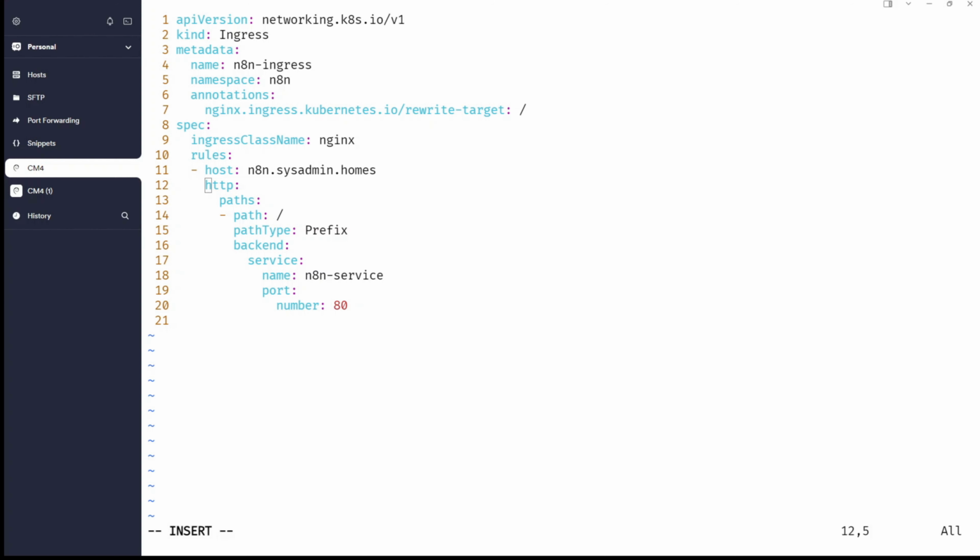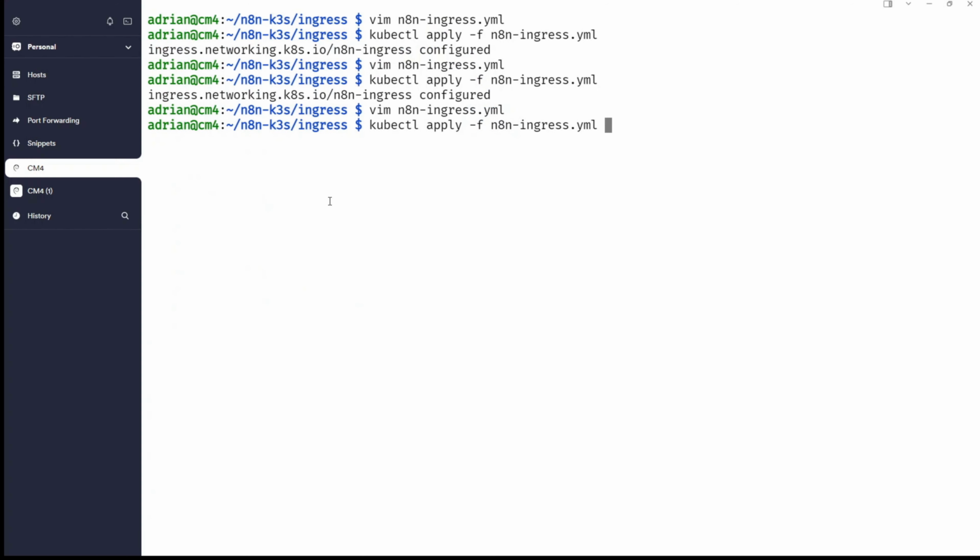So it must be provided this way, because this way it will work. So rules like this, dash host and HTTP. So we are adding it, and HTTP is without the dash. And now save it, apply,